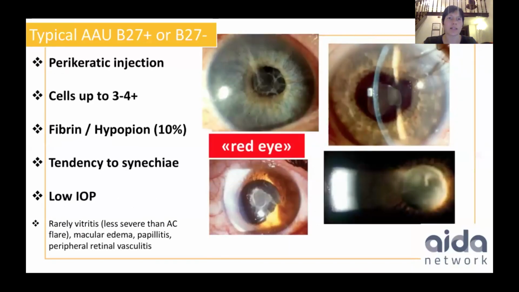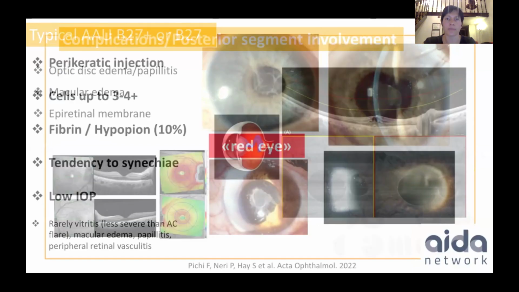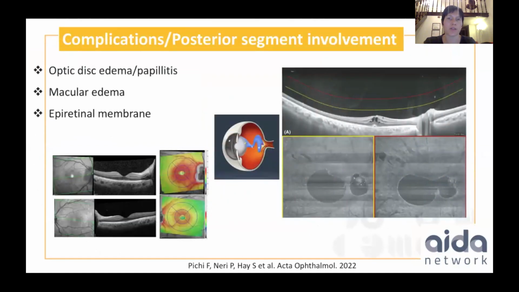During an attack, ophthalmological examination shows intense perikeratotic reaction, significant anterior chamber inflammation with many cells, and a fibrin network in the pupillary area, sometimes with hypopyon. Synechiae formation and low intraocular pressure are also common. The posterior segment is usually unaffected, but in severe untreated or recurrent or chronic cases, optic disc inflammation and macular